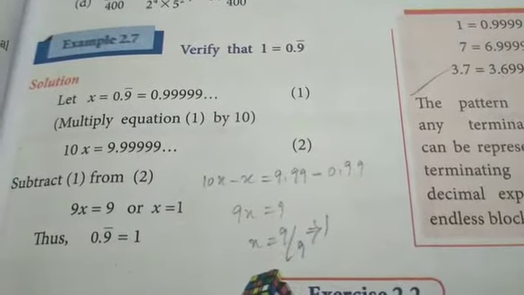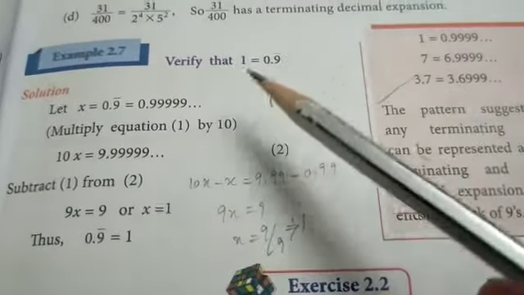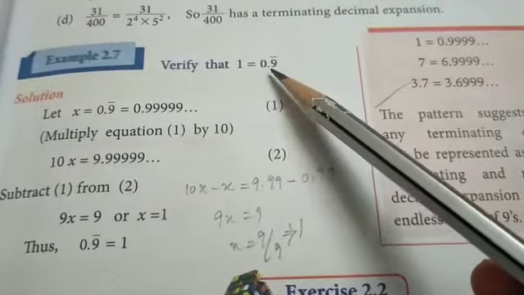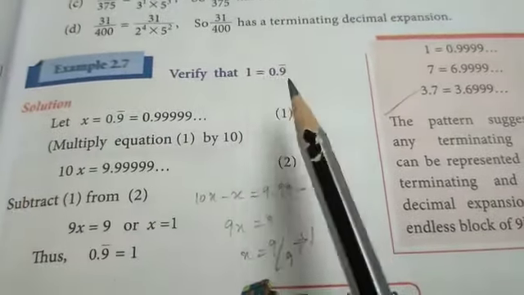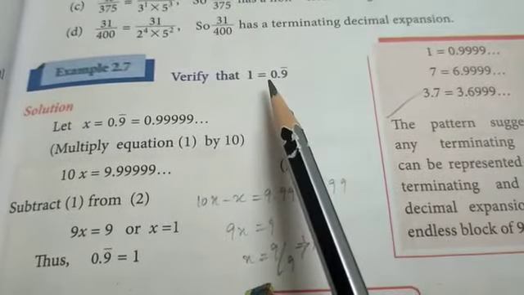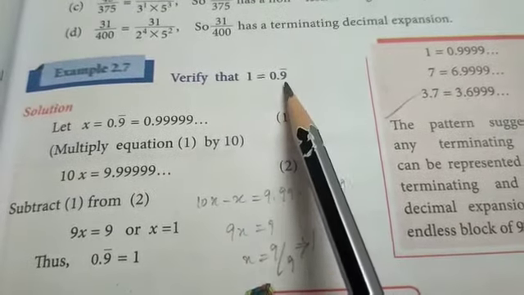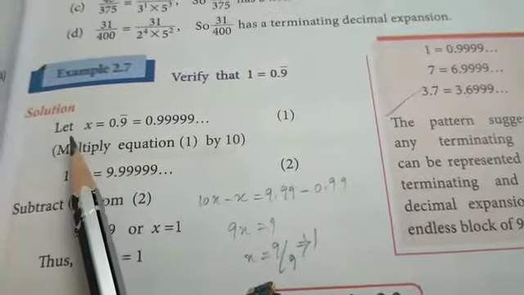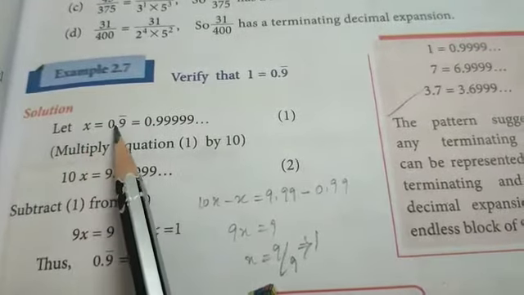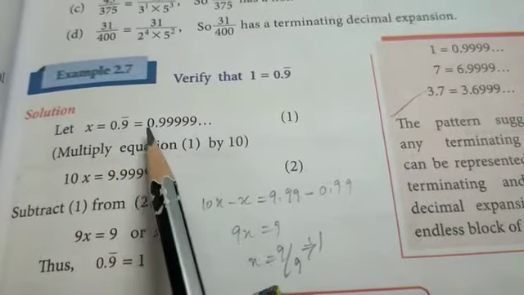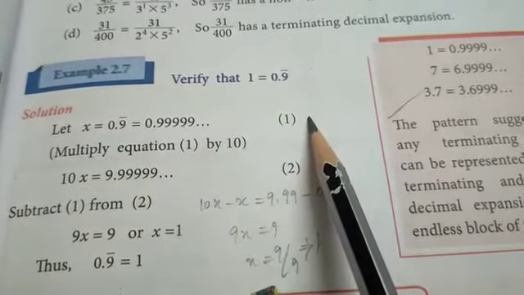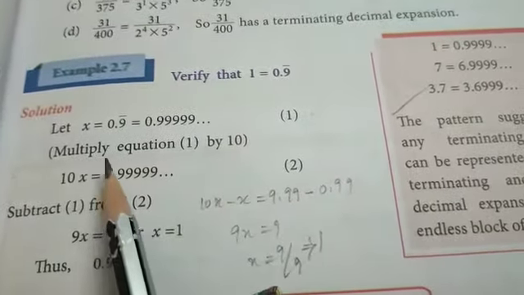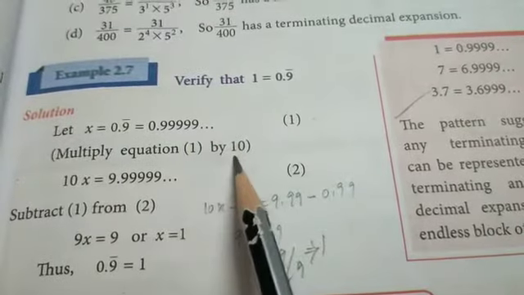Example 2.7. Verify that 1 is equal to 0.9 recurring. First we have to take the 0.9 recurring as x. Okay, so let x equal 0.9 recurring, that means 0.999... like that. Keep this as equation number 1, and then multiply equation number 1 by 10, that is